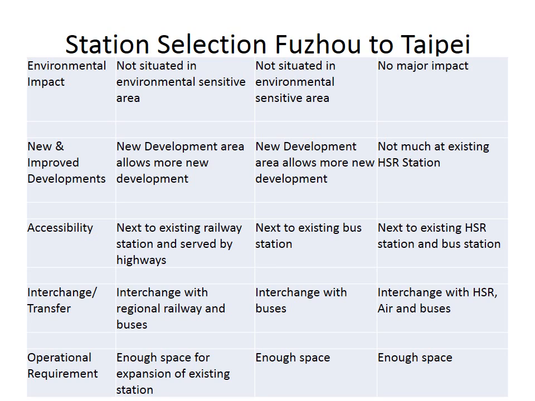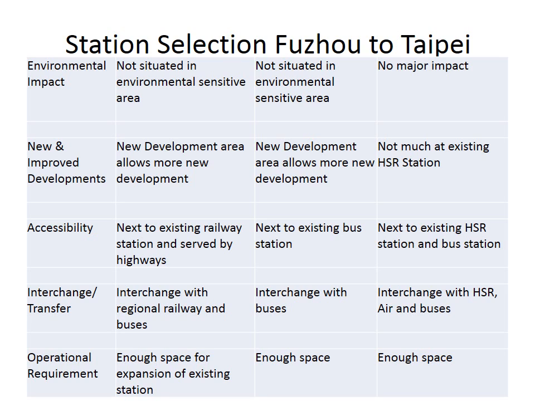And then for the accessibility, for Fuzhou, the location is right next to the existing railway station and is served by the highway as well, so it's really easy to get to. In Pingtan Island, the most common transportation is the bus network, and this is where the station will be built next to. And for the Taipei area, the high-speed rail station is already built, and with an enlargement, we can use the same building or the area around it, so it will be really nice and close.